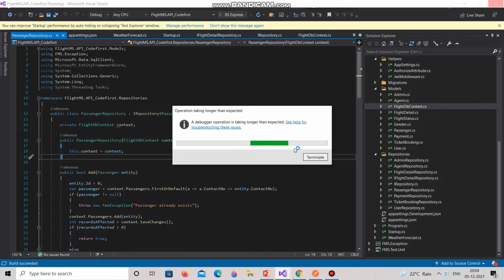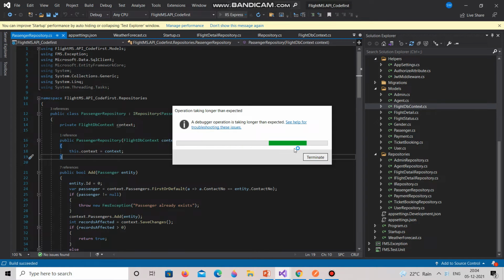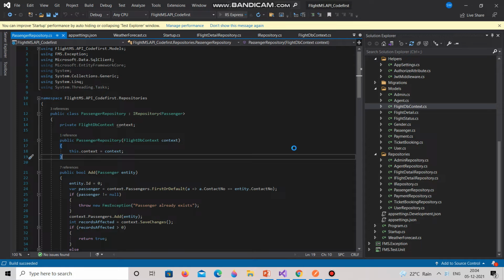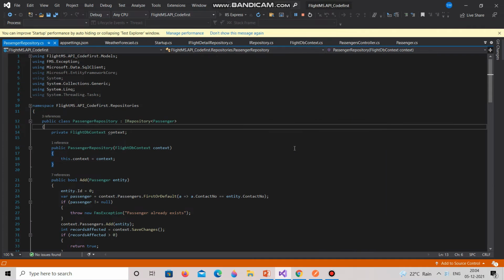These are things that sometimes happen, but maybe I am running it for the first time today, that is why it is occurring. But that is not a problem. The program will be executed as there is no build error in my program. So just a little wait, and it will succeed, and we can see all the data, the passenger data.